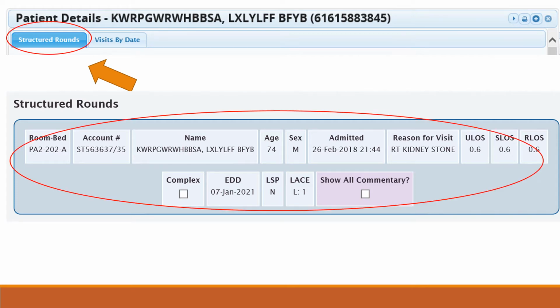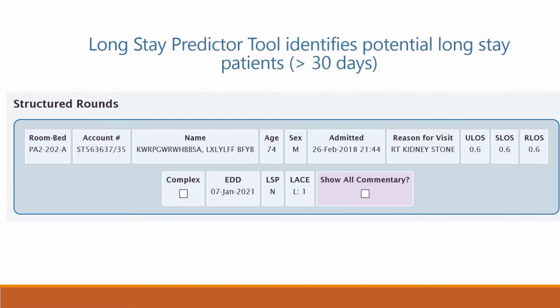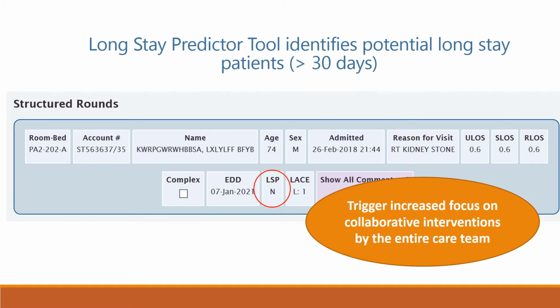We will now review the patient-specific elements, starting with the banner and moving into the 5-goal focus question framework to help the care team define priorities and estimated discharge date based on the patient's current state. The long stay predictor, or LSP, serves as an early warning sign the patient may be at risk for a prolonged length of stay. This indicator should trigger the need for an increased focus on collaborative interventions by the entire care team, including proactive referrals to other experts on the team, engagement of community partnerships, and patients and their families